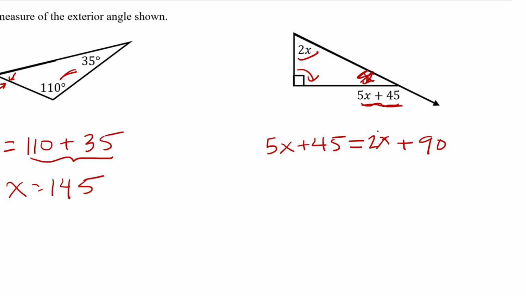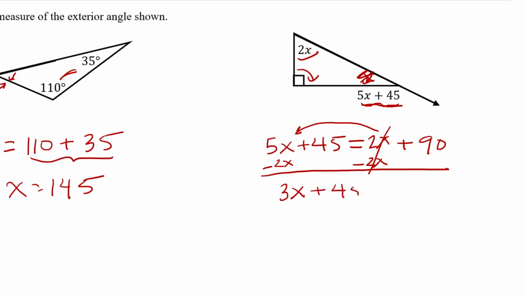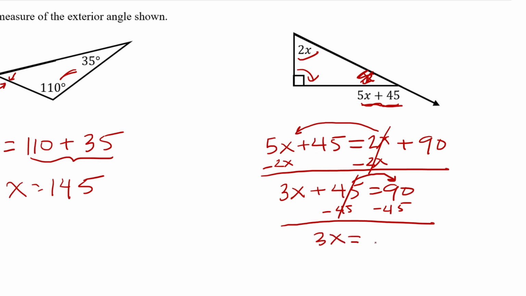Okay, once again, how can I bring this 2x over here? I need to subtract it to bring it with the like term on the other side. So that this cancels. 5x minus 2x is 3x. And then bring down the plus 45, bring down the equals, bring down the 90. Now how can I bring this number with the like term over here with the 90? I can subtract it as well. This cancels. And then I get that 3x is equal to 90 minus 45, which is 45. And then I can get rid of the 3 by dividing by 3, and I get that x equals